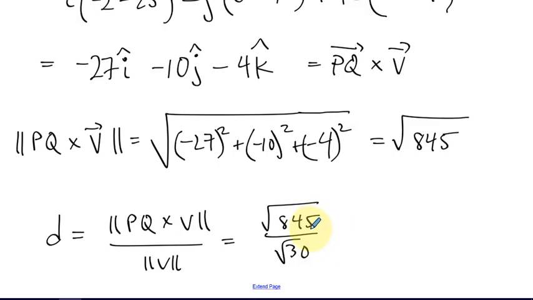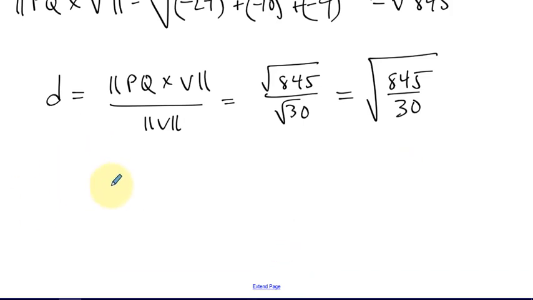Now, we could go to a decimal value because it might be a practical answer, but typically, unless it's a word problem, what I'm really looking for on the exams would be an exact value for some pure mathematical question, right? So to get an exact value here, there's certainly a 5 that I can cancel with these guys. So let's see where that goes. So we got 845 over 30, and we could reduce this guy, right? It actually reduces to 169 over 6,